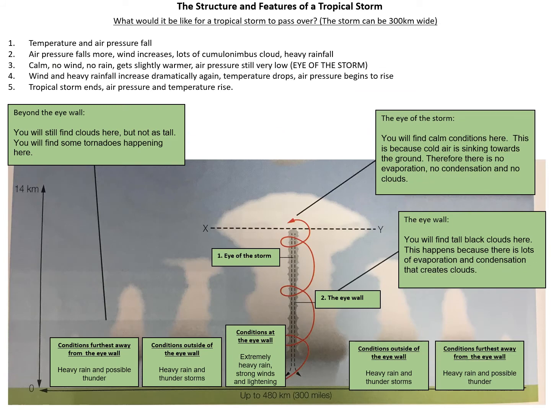So what we're going to look at here then is the structure and features of a tropical storm. So we need to be aware that every part of the tropical storm is not the same, and the center of the tropical storm is going to be very different from the outside of the tropical storm. So I would like you, please, to draw this diagram down in your books or on paper, or take a screenshot of the slide and make sure that you have this down. So you would be expected to know that in the center, so if I draw like a satellite image of a tropical storm,